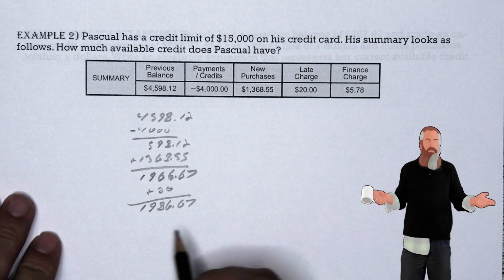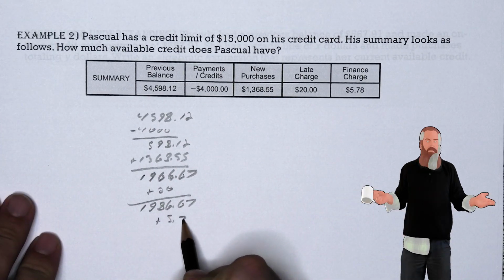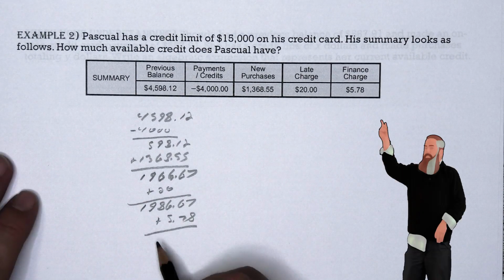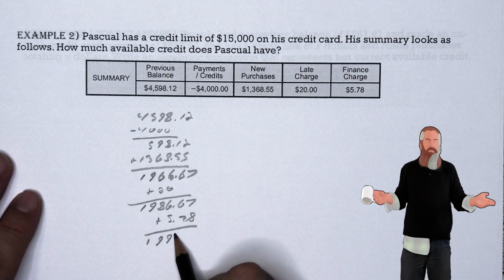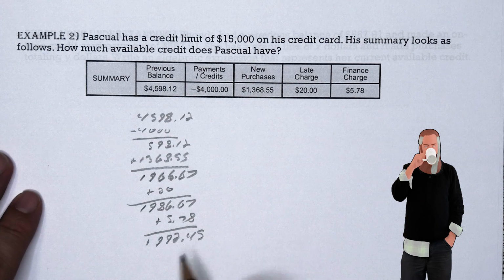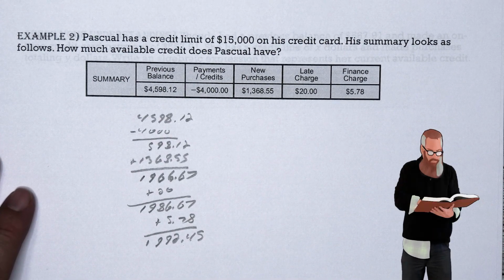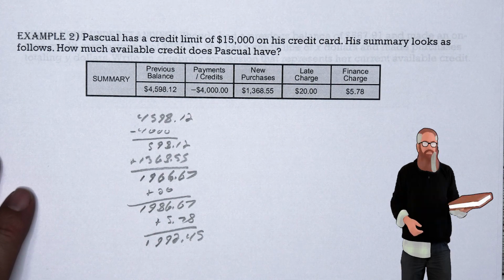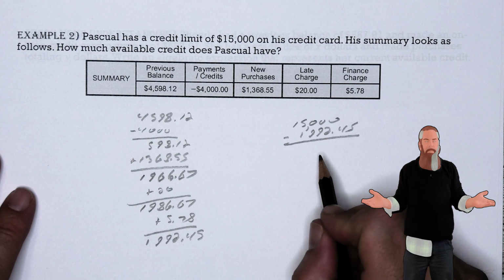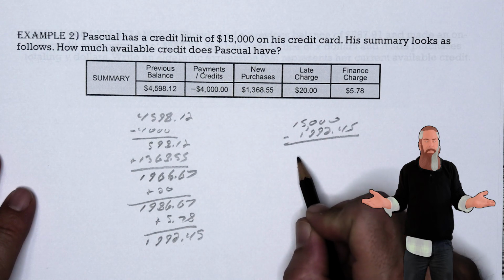And then there was a finance charge of $5.78. This gives us $1,992.45. He has a new balance of $1,992.45. Subtracting this from his credit line of $15,000 leaves him with an available credit of